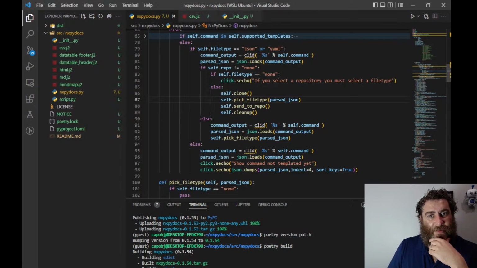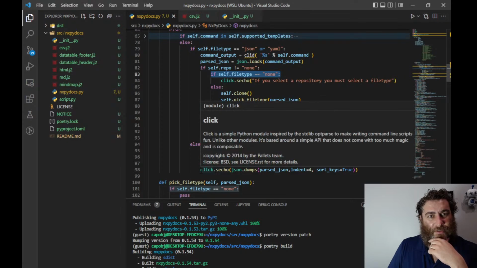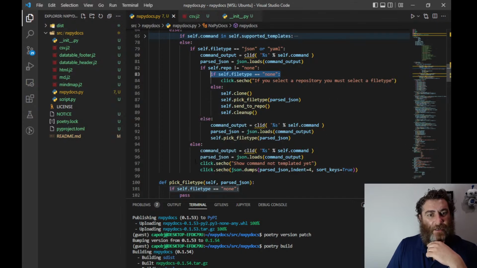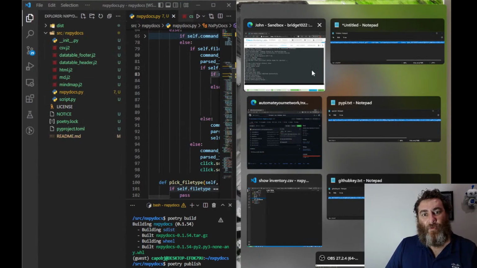yeah, I need to handle if file type equals none out here. Otherwise, it's going to show an error that it's not templated yet, and then print it to the screen. Now that's fine if they say none. That's okay. Okay, so now that I have the JSON, what we're going to do is